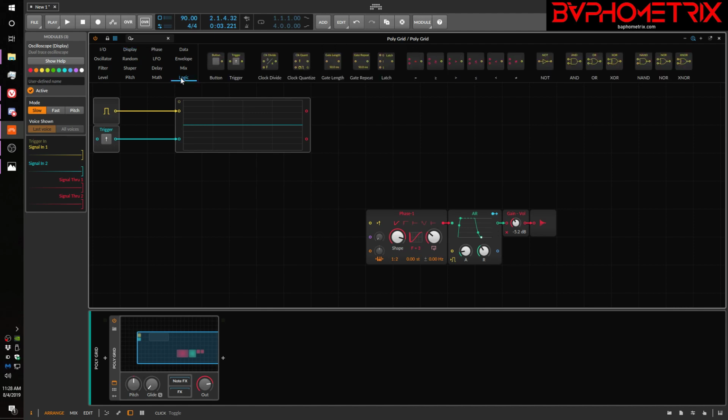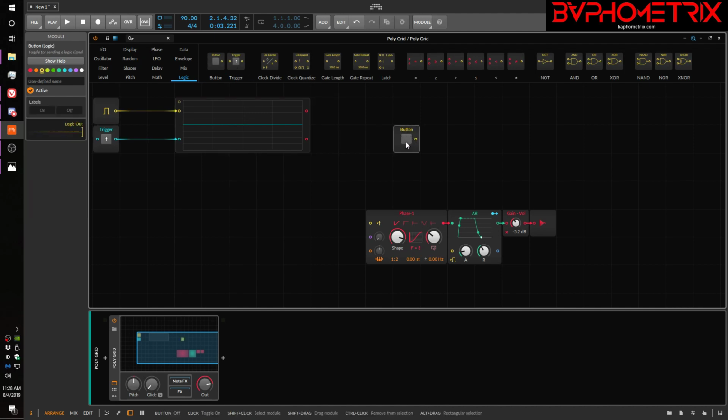Now, you can have a button that is basically false when it's off, true when it's on. False when it's off, true when it's on. And you can also see over here the state of the logic signal coming out of this. When it's off, it's a 0. When it's on, it's right up all the way to the top at 1. Okay? And this can be really useful for turning things on, turning them off, obviously. Like, I could do a simple comparison like,